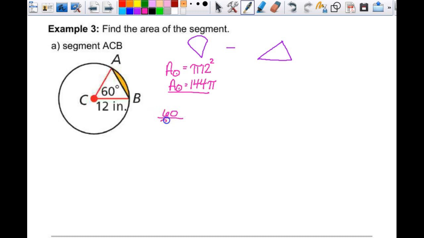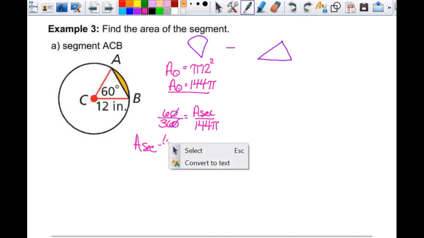60. So 60 over 360 is equal to the area of the sector over 144 pi. Okay. I'm going to knock these out. Then that's going to give me that the area of the sector is equal to 6 times 144 pi over 36. Okay. So remember, if you can, you'd like to get rid of the smaller one in the numerator first